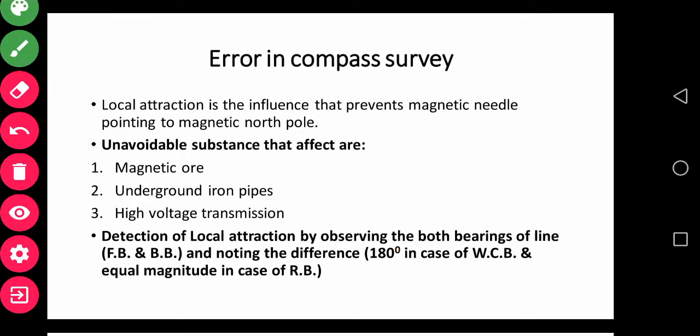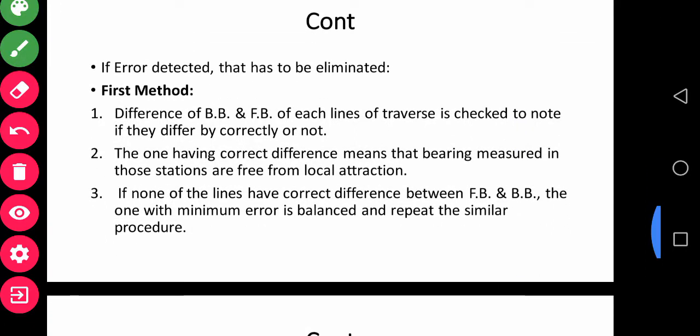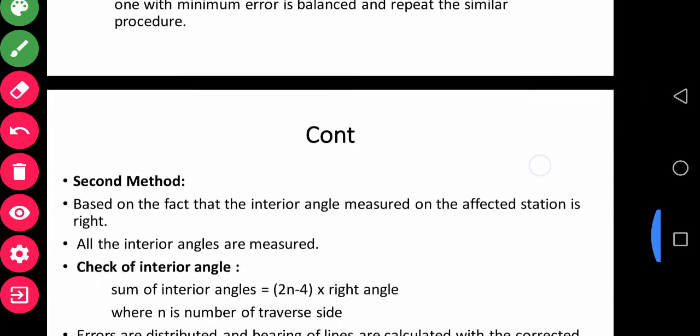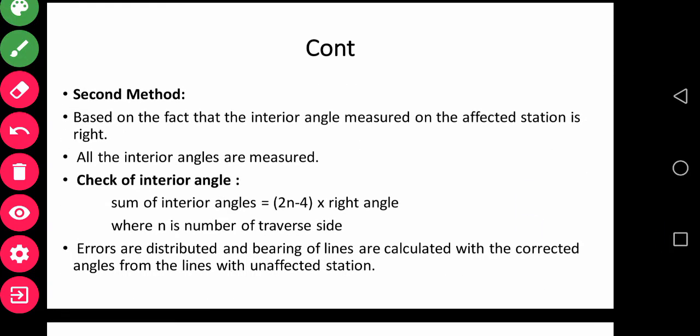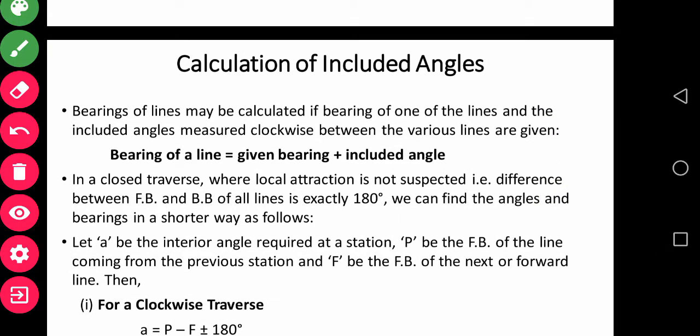Hello everyone. So in the last lecture we were discussing errors in compass survey. We studied error in survey, and there are two methods to eliminate error in survey. The first and second methods we have already discussed in the last lecture. So today we will start the calculation of included angles, like how we can calculate the angles formed in the